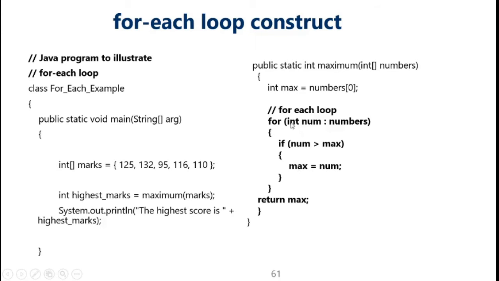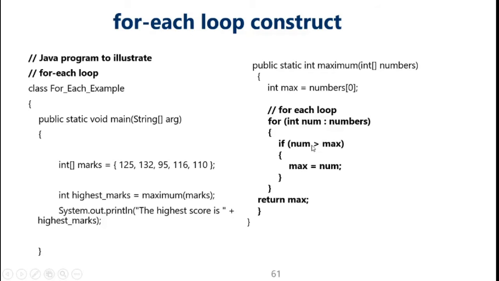Now again num will store the next value, that is 95. So 95 and 132, max has value 132. So is 95 greater than 132? The loop failed, or the condition failed, because 132 is greater and not 95, and num is currently having value 95. So the condition is not true, hence the loop will be incremented and num will store the value